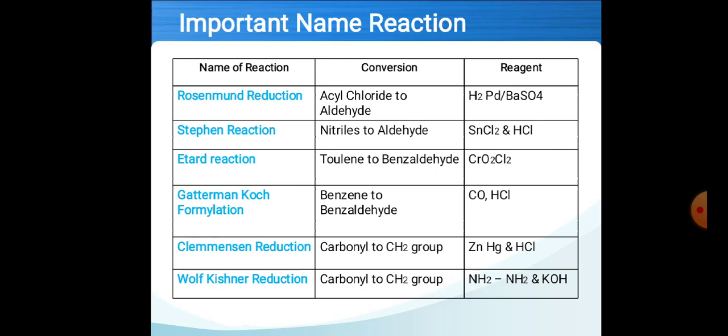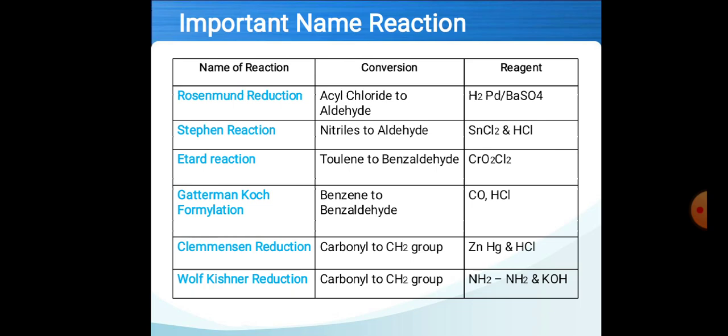Then third one is Etard reaction. In this reaction, toluene is oxidized to benzaldehyde by chromyl chloride. Then fourth one is Gattermann-Koch formylation. In this reaction, benzene is converted into benzaldehyde by carbon monoxide and HCl. Then Clemmensen reduction. In this reaction, carbonyls like aldehydes and ketones are converted into CH2 groups by action of Zn-Hg